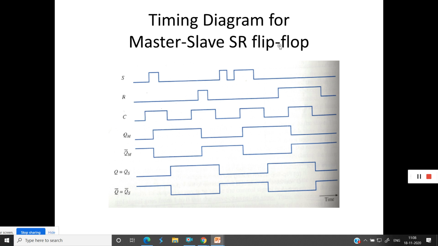Why master slave SR flip flop? Because it contains master section and slave section also. The content of the master is copied into the slave. Whatever the master says, the slave has to do it. So whenever the clock is 1, master enabled, slave disabled. Whenever clock is 0, the content of the master is copied into the slave. When the clock becomes from 1 to 0, whatever the master says, the slave has to do it. The content of the master is copied into the slave whenever the clock becomes 1 to 0. So this is the working of a